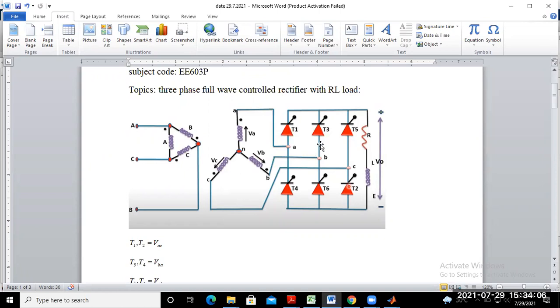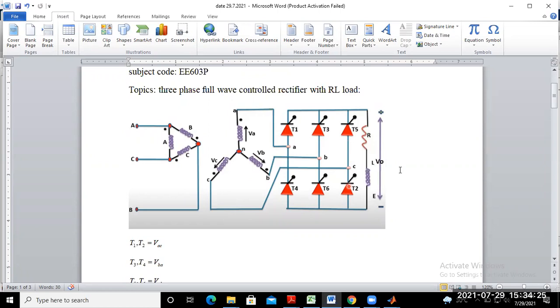Thyristor. So how many thyristors are required? Just count it. How many thyristors are required here? So 6 thyristors. And next, load. Which type of load? This is RL load, resistance and inductor.